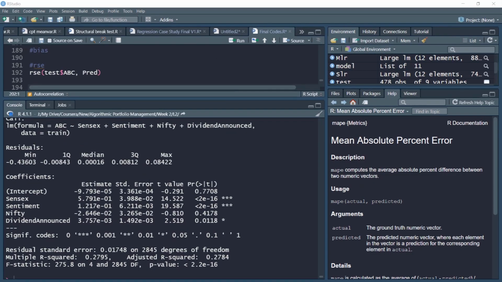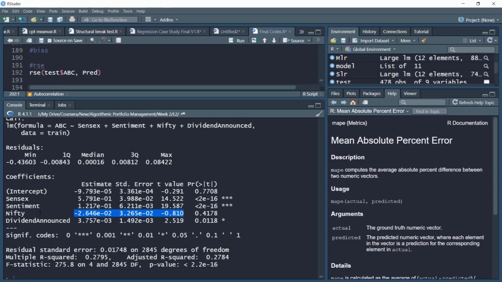Let us examine the output of this model. Notice the coefficients of Sensex and Nifty. Both are broad market indices, while Sensex is heavily significant at 3 stars, that is, significant even at the 1% level. Nifty is turning out to be negative now. This is slightly surprising for us because we already saw with the simple linear regression model that Nifty also has a positive impact. Now, here Nifty is not significant. This suggests that there is some possibility of an issue of multicollinearity, as we'll examine in the next video.